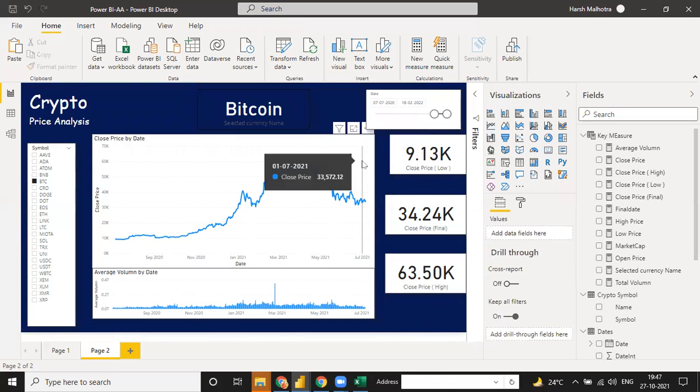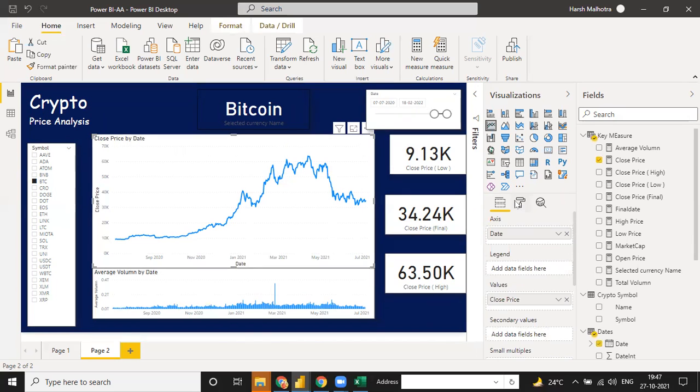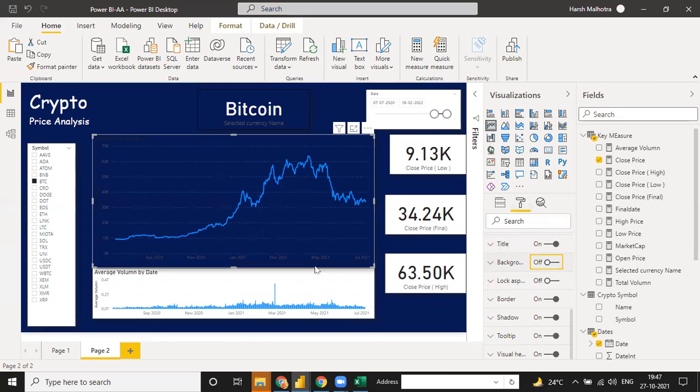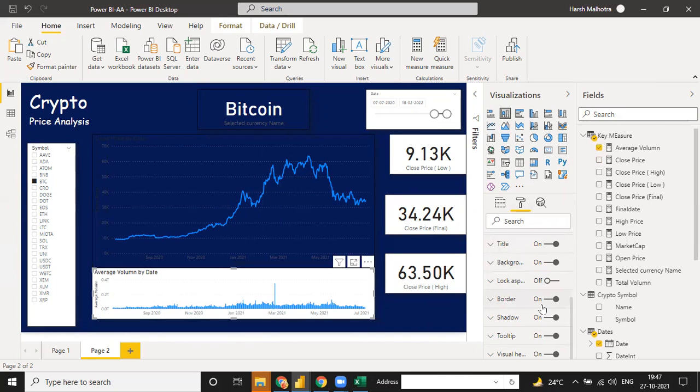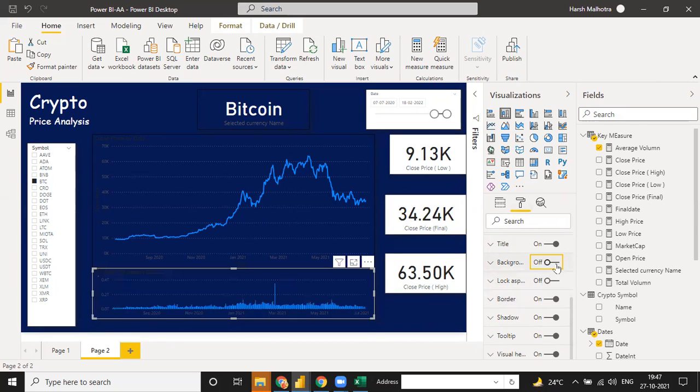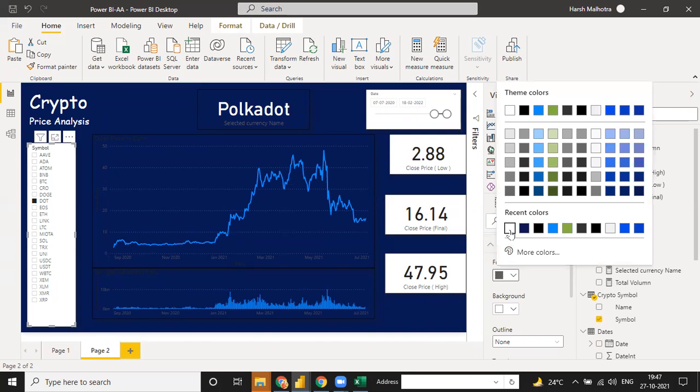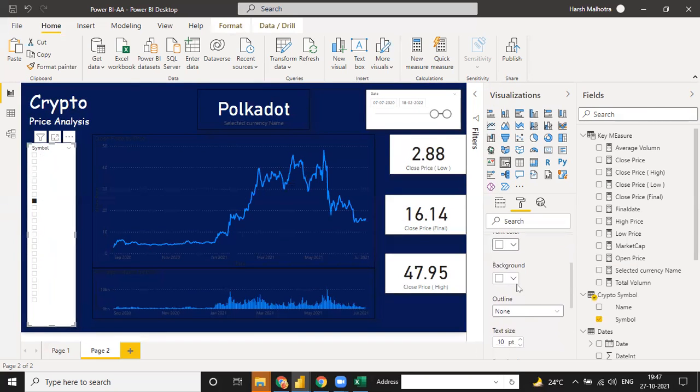Same way, click on this line chart, copy and go to this background off. See, it will give you the complete insight of this dashboard. Background, click on this. You can change the item color, white. See, color is white.